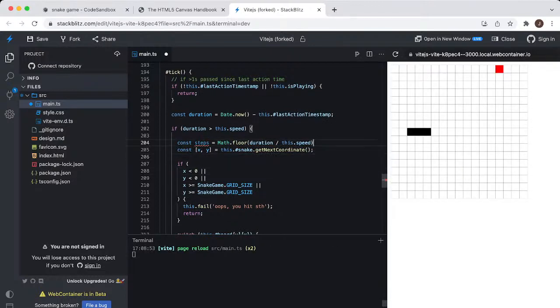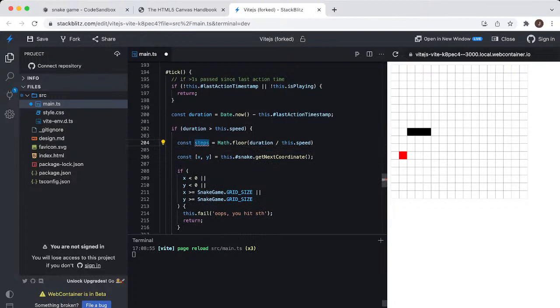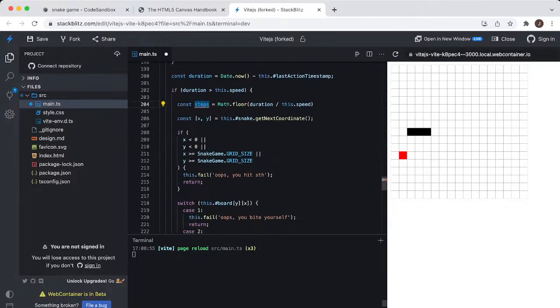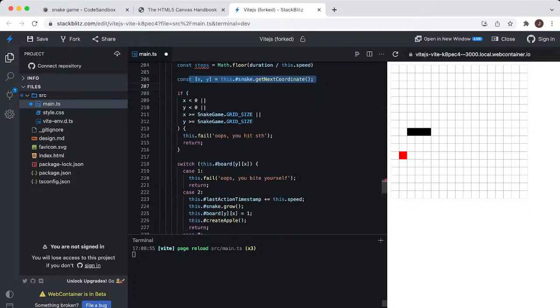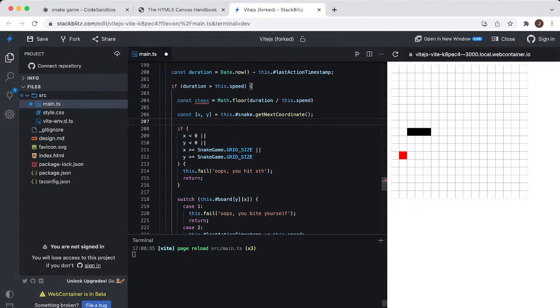Yep, and get the next coordinates. Oh no, this is a tricky part. We need to do it in a while loop, right? Yeah. We get the next coordinates and then check it. If it is, we failed it. If not, we